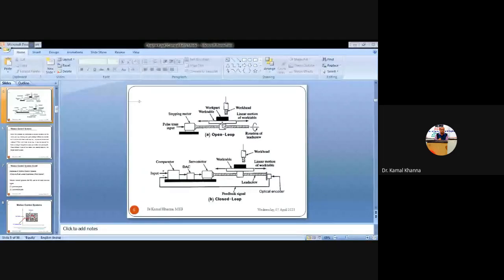This is the axis of the tool that is perpendicular to the workpiece, and it is performing the operation on the workpiece. This axis is perpendicular to the workpiece as well as to the axis of the tool, and this is the linear motion of the tool workpiece table. So in this case you can see the workpiece is moving and the tool is fixed, as in the case of CNC lathe machines.